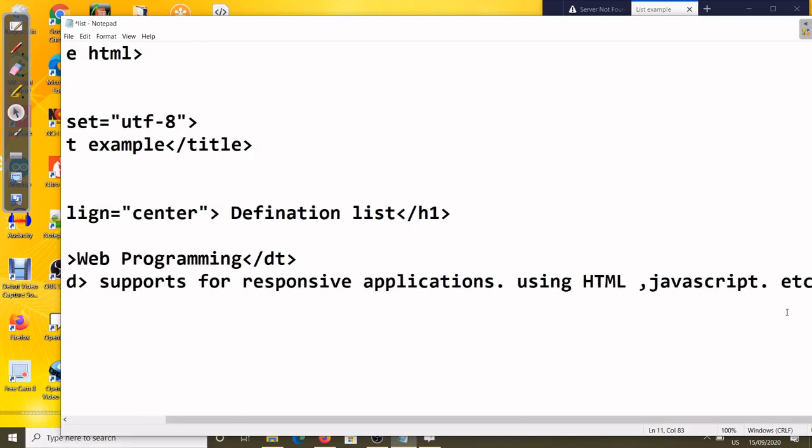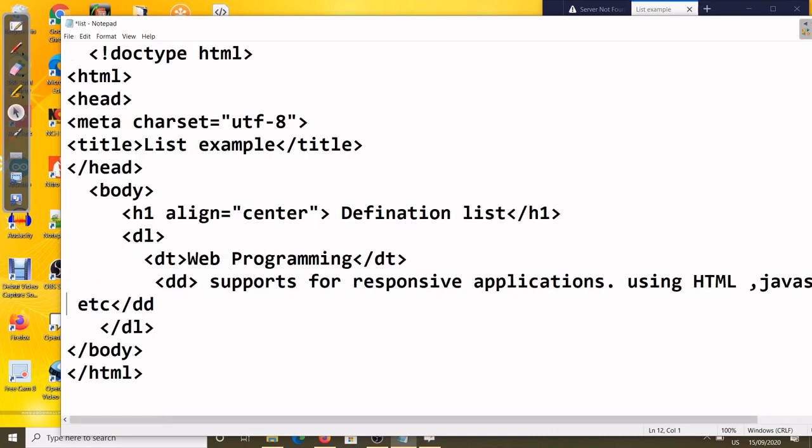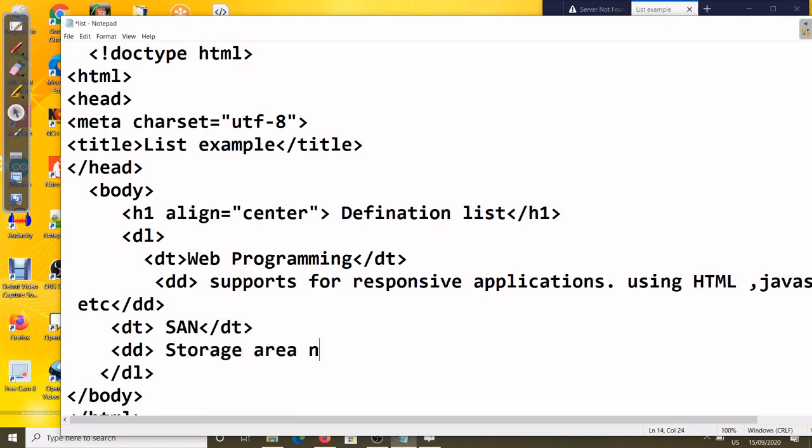One minute. Yes, you see here the closing of the DD. Another DT if you want. Another subject I can write is SAN. Close the DT again, then again go for the DD: storage area network.